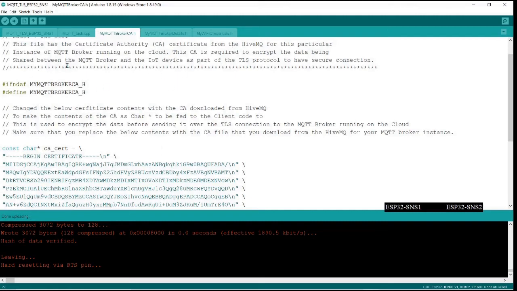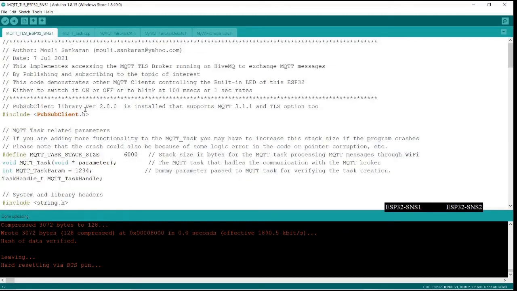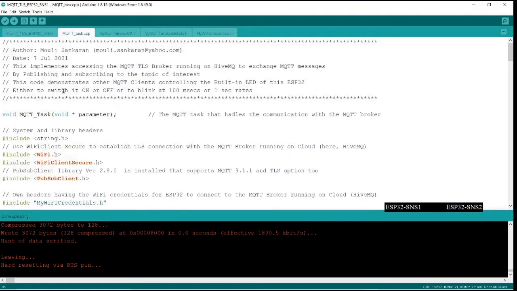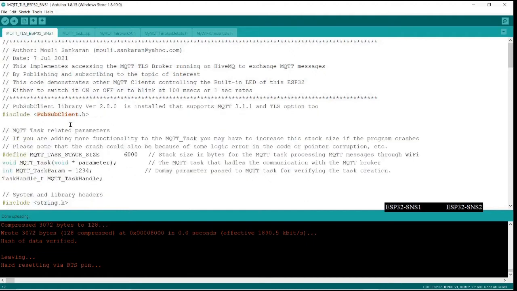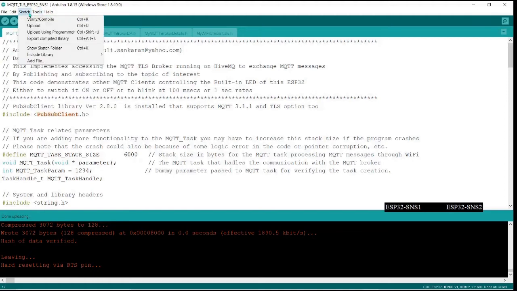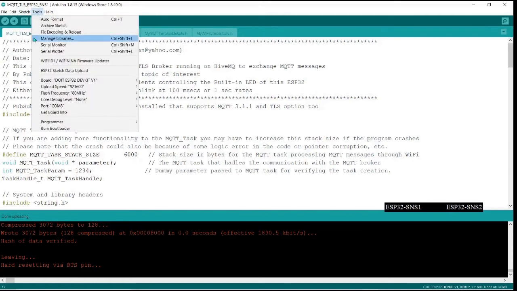Now after all this, we need to come to the main crux of the problem. There are two tasks running, as I mentioned. On core 0, which is the protocol core, the MQTT task is running. We will first see the application task which starts when you upload a program. Before that, I just want to show you some interesting stuff which you should be aware of. If you are new to this environment, you will not be aware of this.